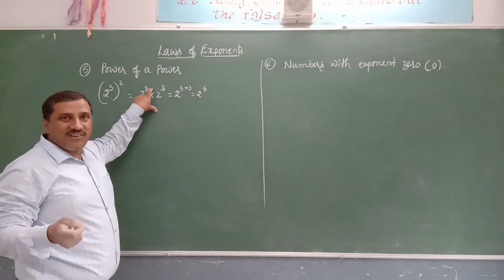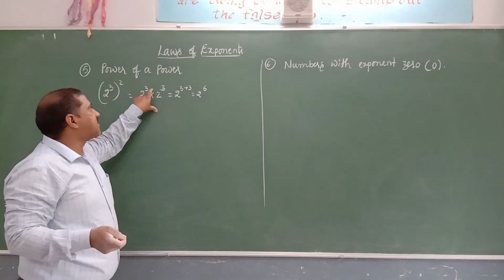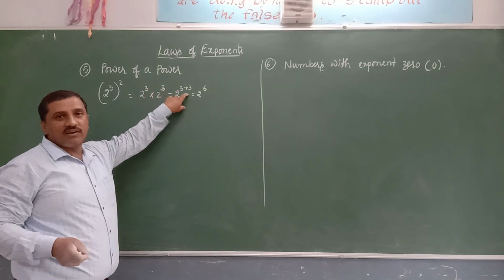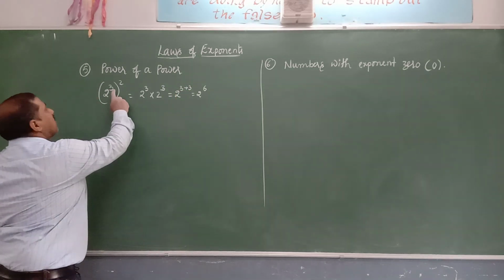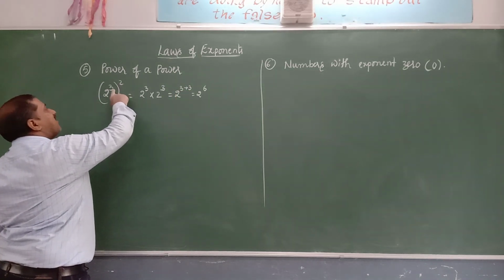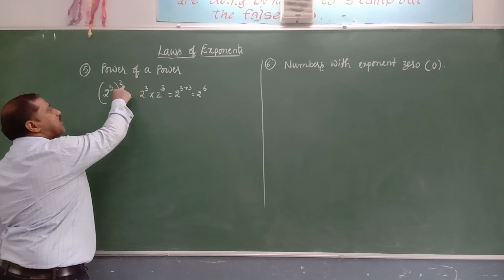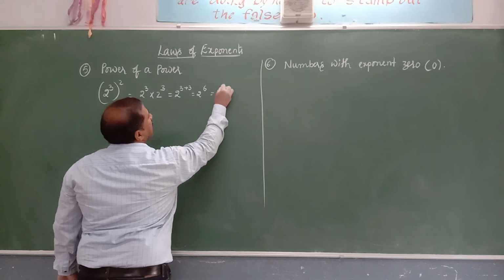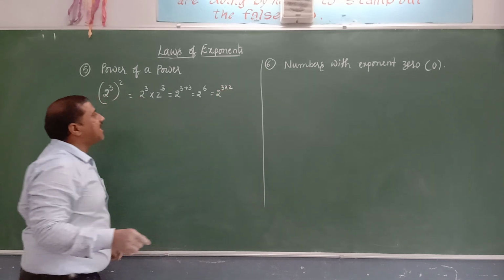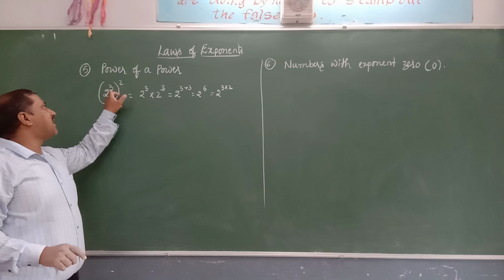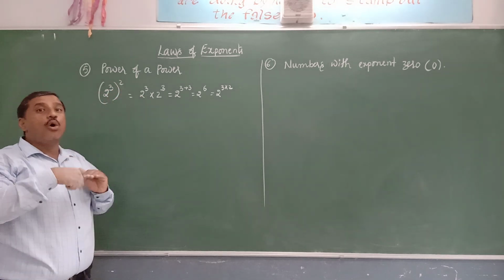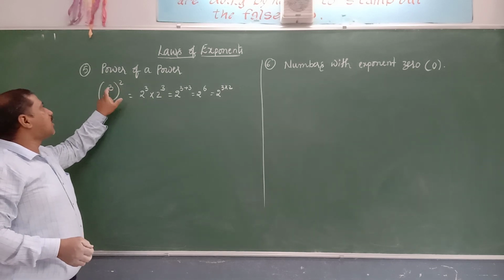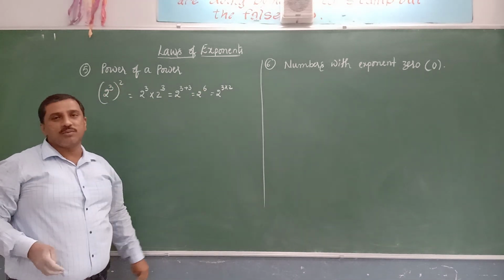The first law of exponents says that when bases are same, you will add the powers. So by adding 3 plus 3, we get 6. Now the product of these two powers, 3 and 2, is 3 into 2, it is 6. So this 6 can be written as 2 to the power of 3 into 2. The base will be same and we multiply both the powers. When a whole power is there, we will multiply the powers. That is 2 to the power of 3 into 2 gives 2 to the power of 6.